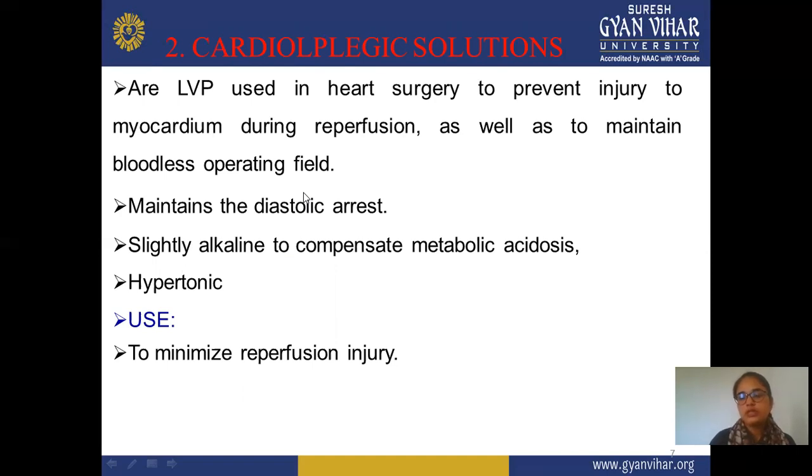So in this condition, you use this cardioplegic solution if he or she is undergoing heart surgery, or there may be chances of myocardial infarction. So for prevention of this, you use this cardioplegic solution to prevent this injury,